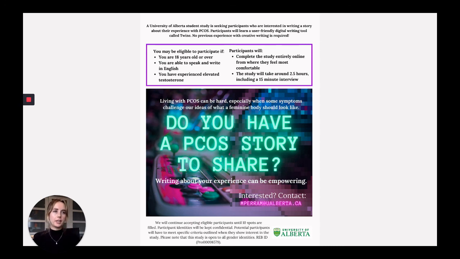And then participants were given a link to a 2-hour Twine writing module that they can complete in their browser at their own pace. And this is the module that I referenced in the first part of this tutorial. So I created this module using Twine to showcase to participants what kinds of capabilities Twine has. So if you have some skill in coding, like I discussed, you can incorporate sounds and images, although the tutorial that I gave was for beginners. And the module consisted of